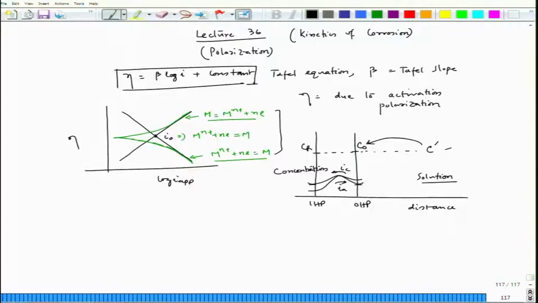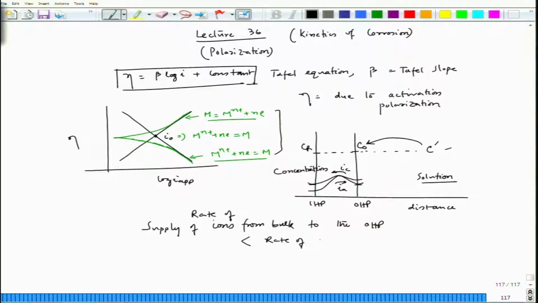Now, let us say at a certain point the supply of ions from bulk to the interface, to the OHP,